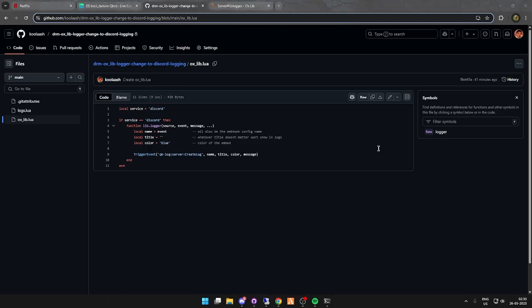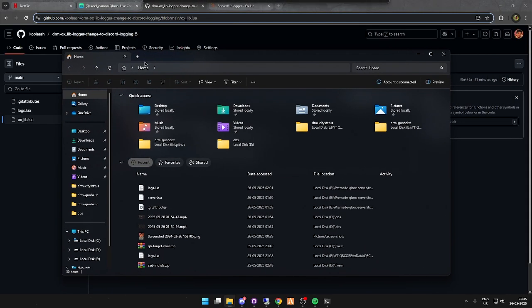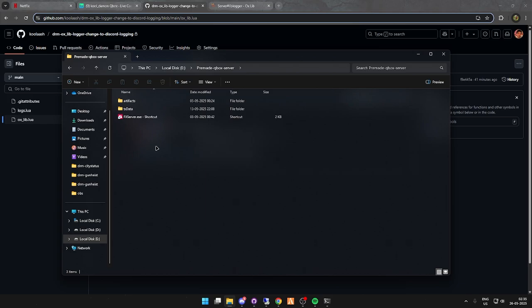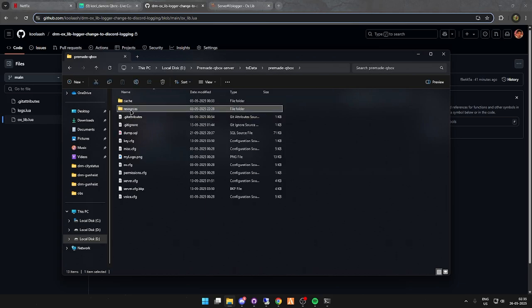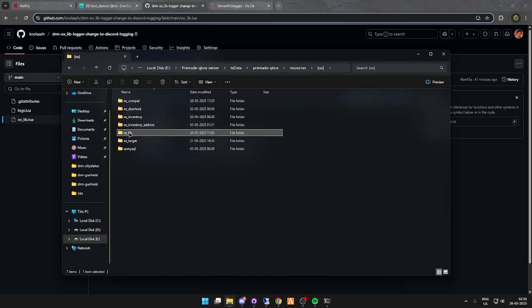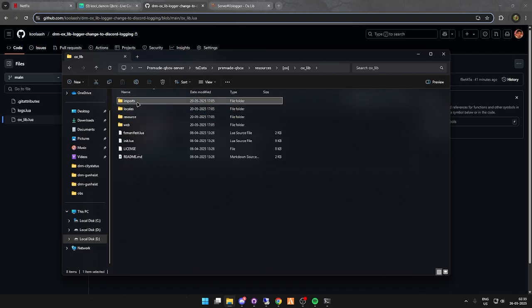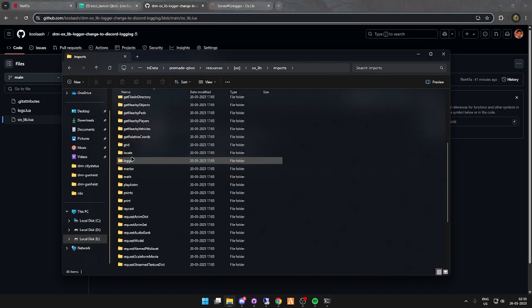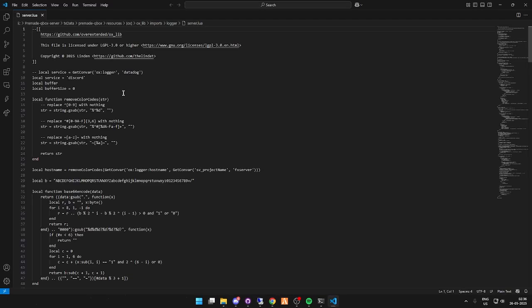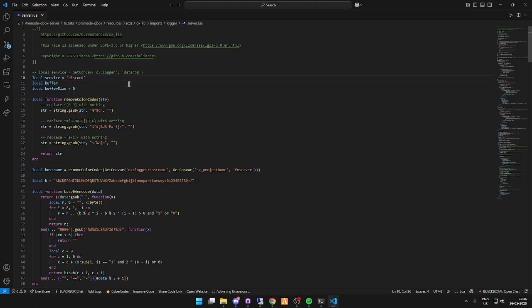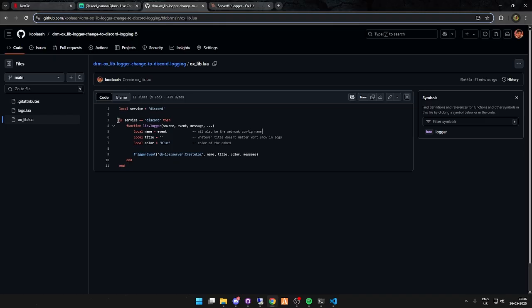Now we open our server location, which would be here. We go to our files, imports, logger, server.lua. Now at the very top, you will see this get convar, right? You have to comment this out and add your line here, this exact line. Now head back over to the repository, copy this,